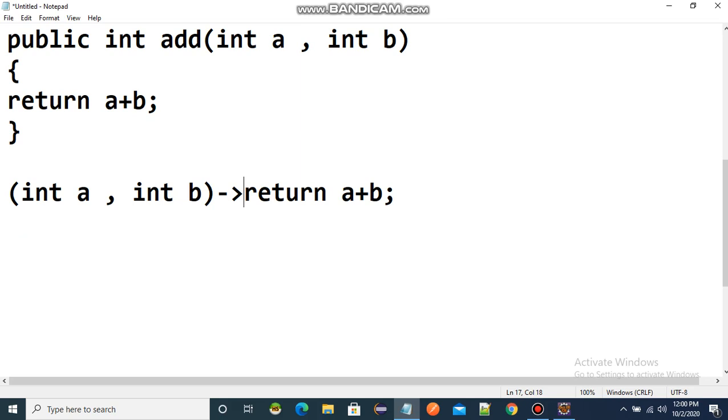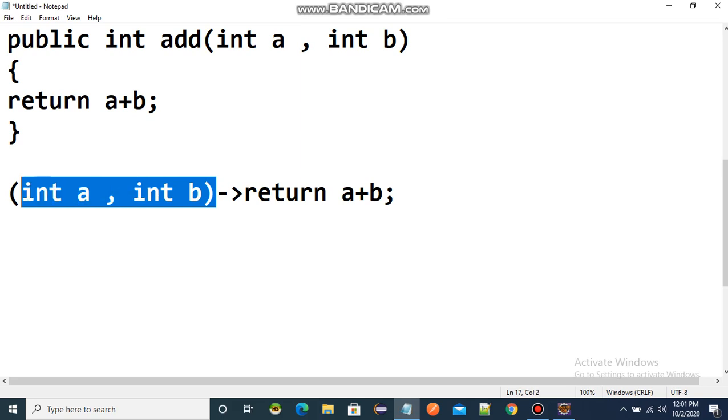Now two extra points we are going to cover. We can also exclude the type of argument, because it is taking integer type.